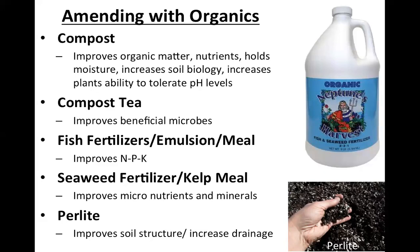It's too high, and you just get unhealthy growth. So the idea is you just pour a little bit, like a capful, into a watering container, mix that up, and then just water it. I don't fertilize my outside garden more than once a season, and I wouldn't fertilize a container garden more than once a year, mainly just because